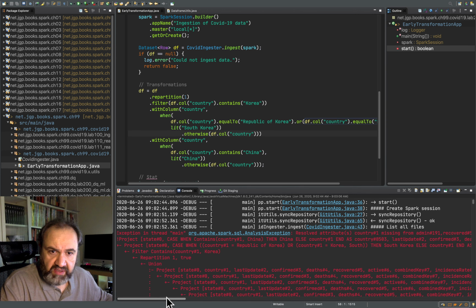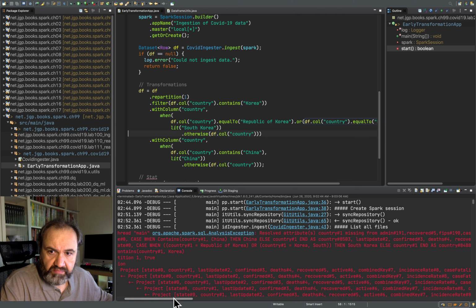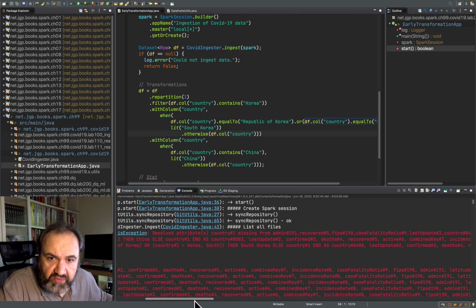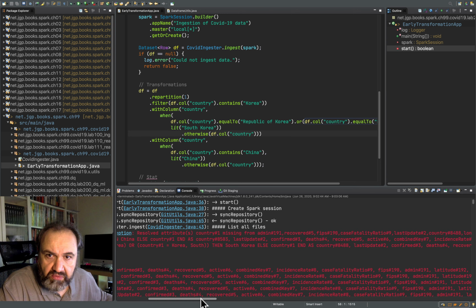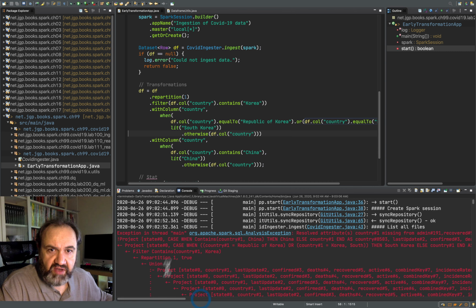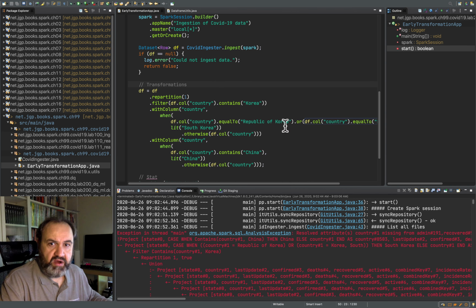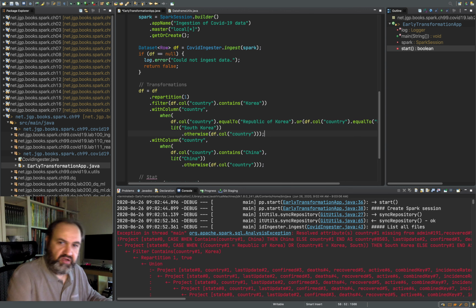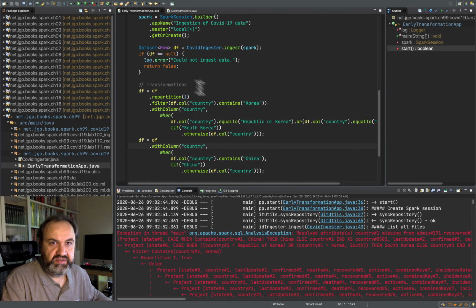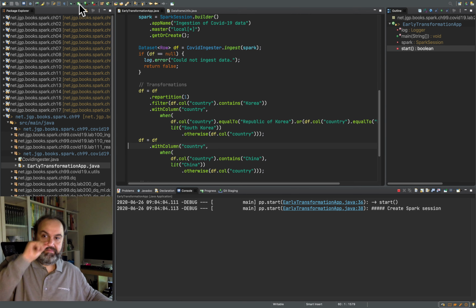Okay, so resolve attribute country missing from there. Oh yeah, that's a kind of a classic one where I use method chaining in this iteration, and the problem is I've been playing with the same column country, so Spark doesn't like that too much, and if I do that, actually it will work exactly the same way. Okay, so it was the expected way. So let's start it again. Sorry about that, guys.